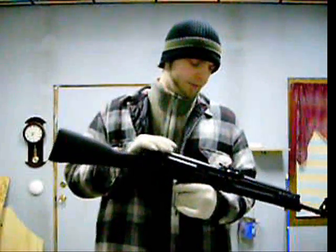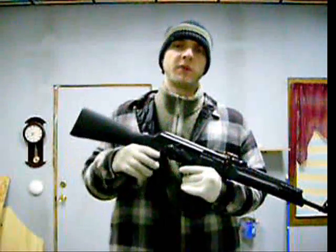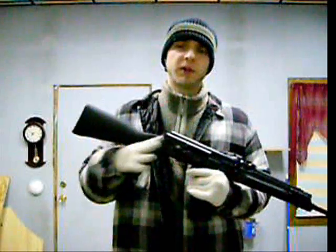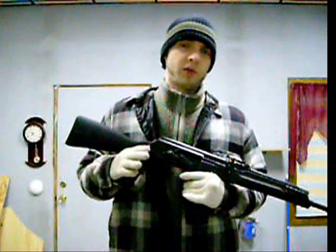Real cheap to buy. You can do modifications all yourself mostly if you have some gunsmithing experience. If you don't have gunsmithing experience, don't go screwing around with your gun because you might kill yourself or somebody else. If you want to compete with it